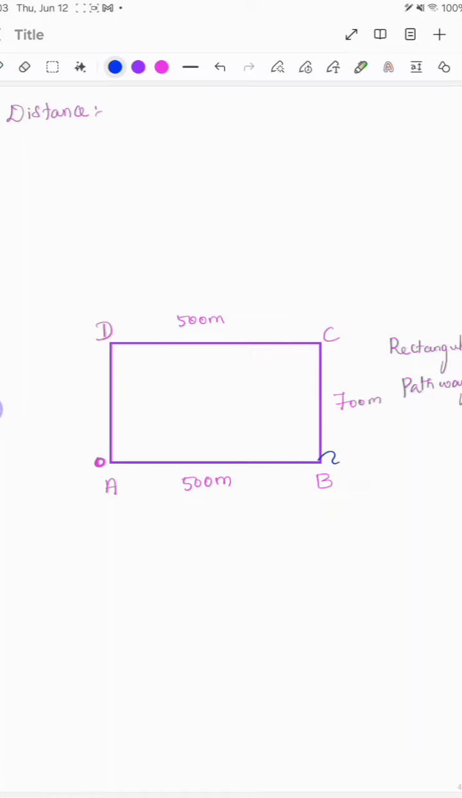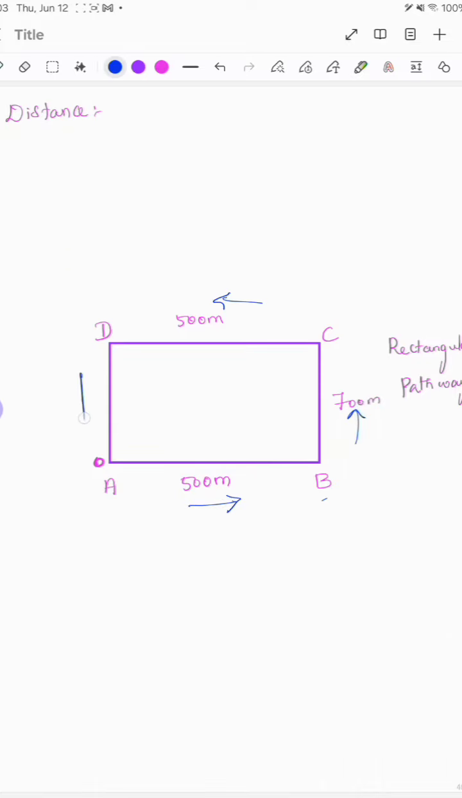Here is a rectangular pathway. You are going for a walk in the morning in the park. Starting from the point A, we have to travel from A to B and then to C and to D. So first from A to B, then from B to C, and then C to